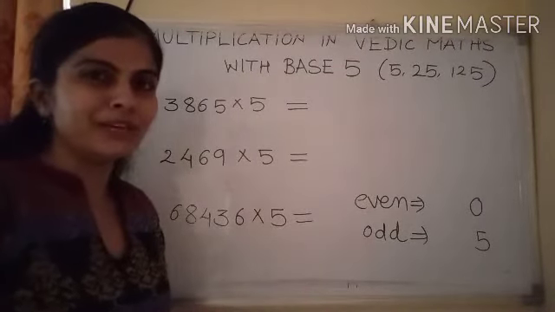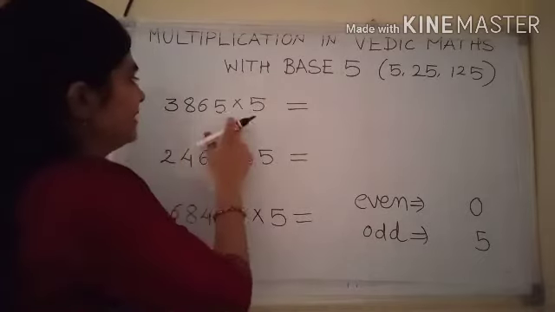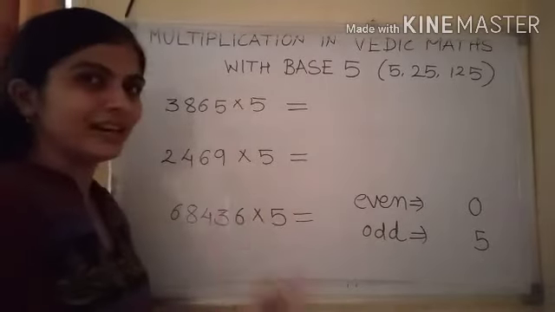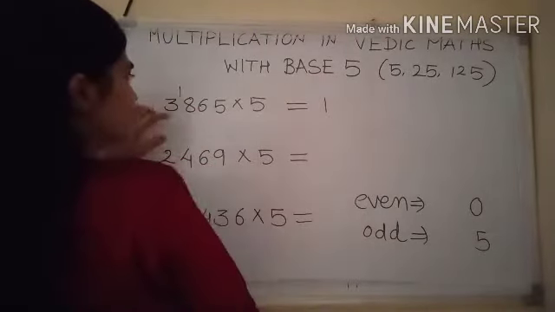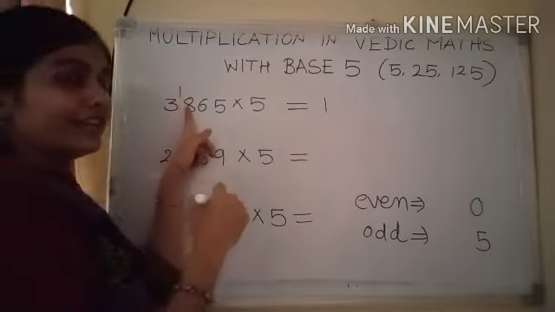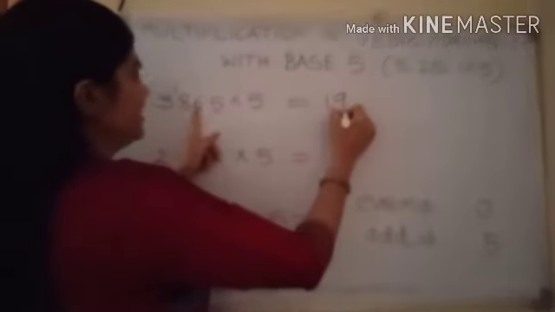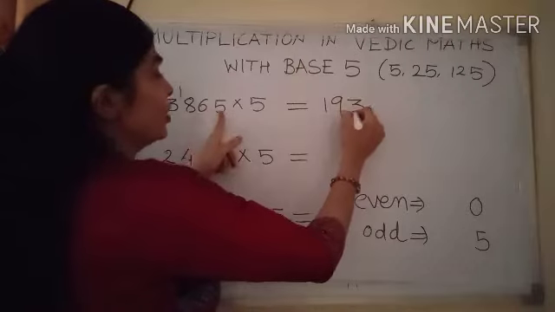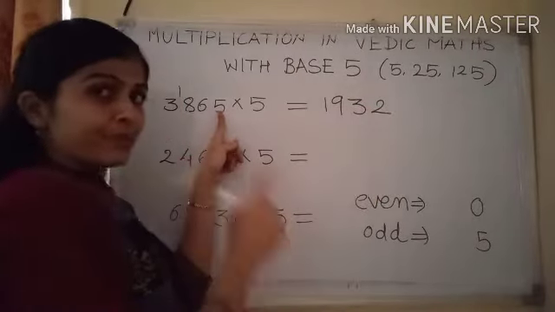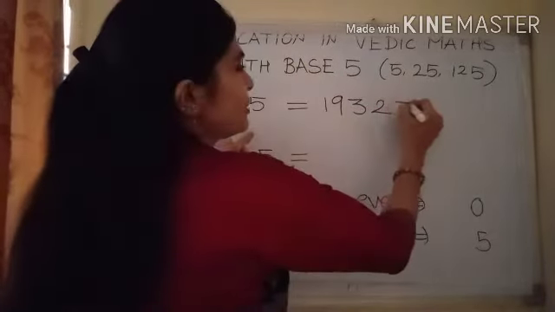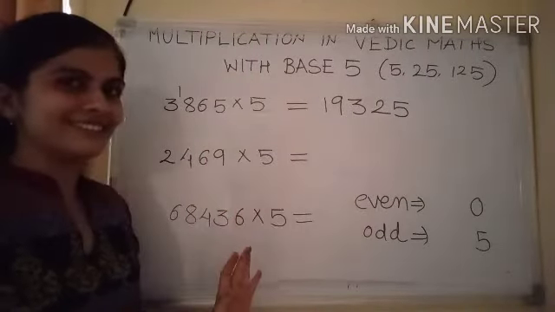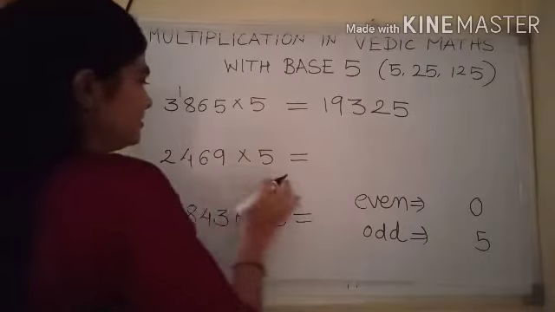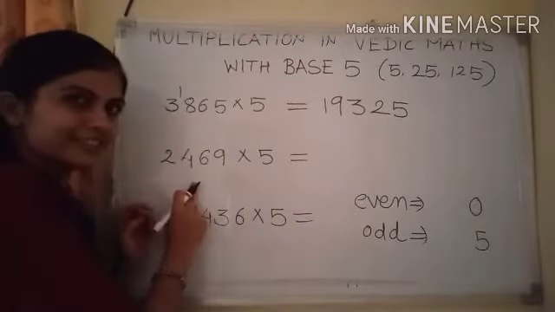Now no need to do anything, just make this number half and write down the answer. That's all. Now half of the 3, that is 2 1s are, so 1 is the remainder, right? 1 and 8, 2 9s are 18. Now 2 3s are 6, 2 2s are 4. 1 is left because it is odd number, write down 5. This is the answer. Now let's solve this example.